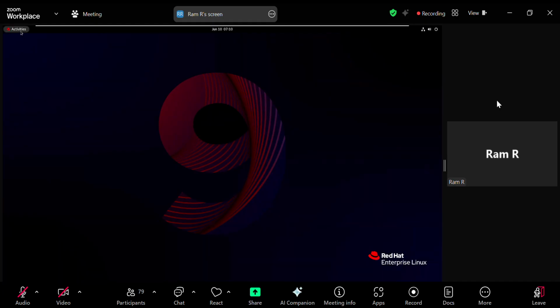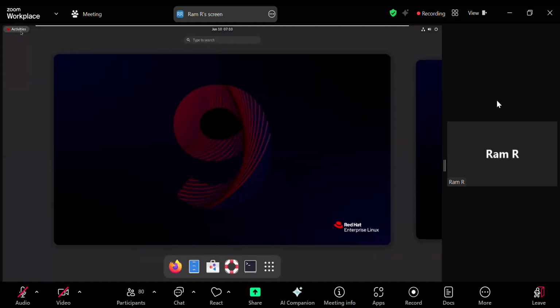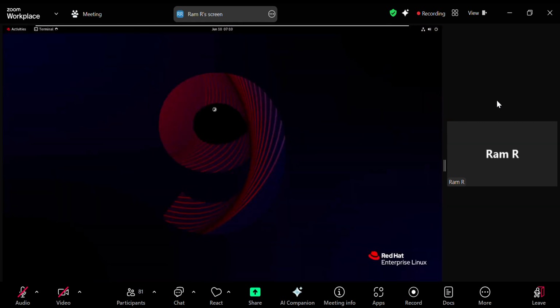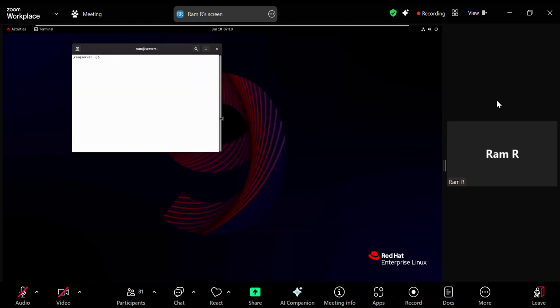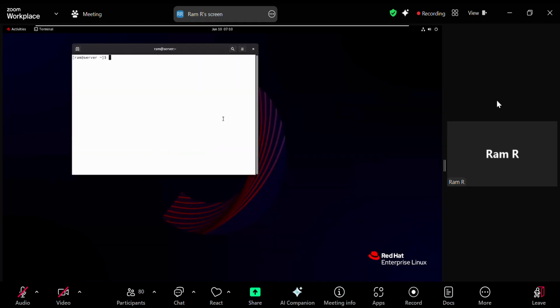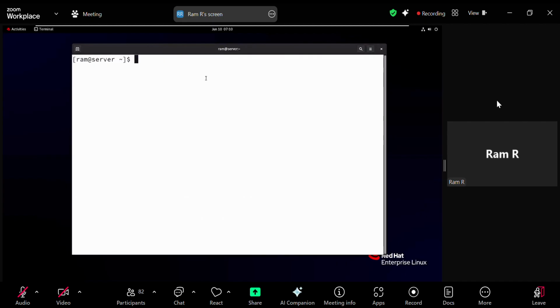Here, under Activities, in the left corner, Activities is there. I just click on Activities. The option is Terminal. So this is the terminal prompt. By default, the terminal prompt is black and white in color. If you want to change the terminal color settings in the backend,